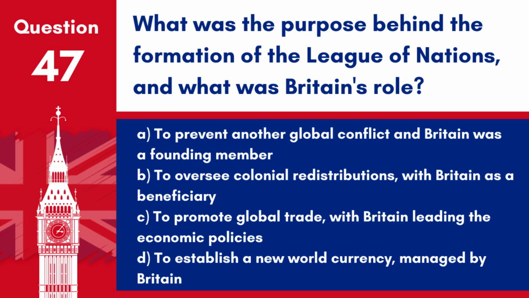What was the purpose behind the formation of the League of Nations, and what was Britain's role? A. To prevent another global conflict, and Britain was a founding member. B. To oversee colonial redistributions with Britain as a beneficiary. C. To promote global trade with Britain leading the economic policies. D. To establish a new world currency managed by Britain. Answer: A. To prevent another global conflict, and Britain was a founding member. The League of Nations was formed to prevent another global conflict, and Britain played a significant role as a founding